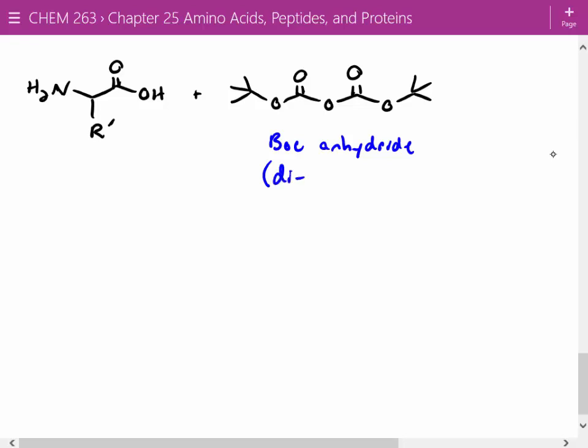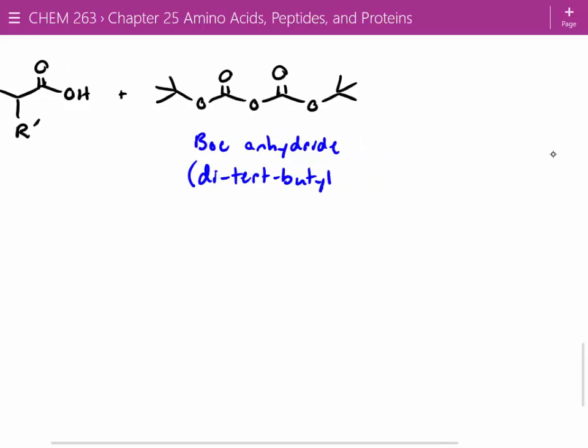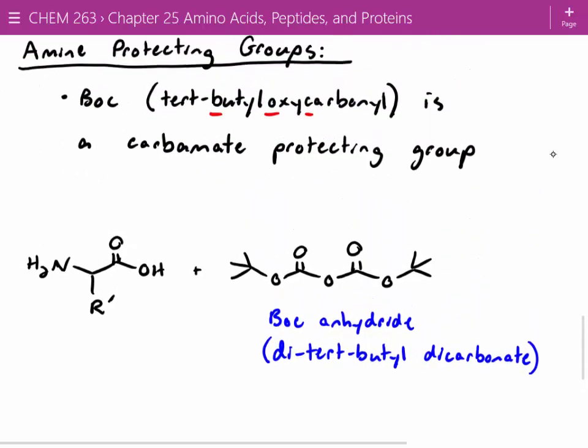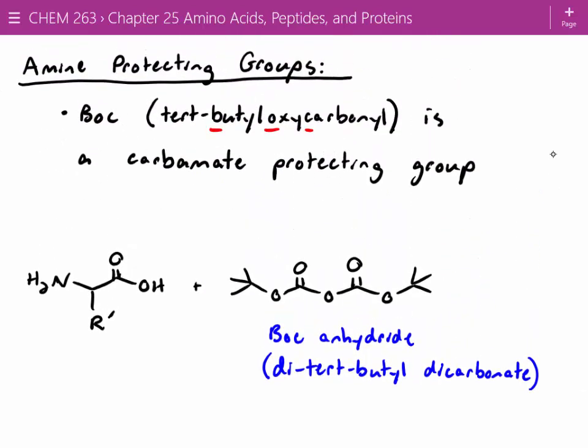Di-tert-butyl dicarbonate. All right, so the reactivity is pretty straightforward. If we've got an amine and an anhydride, the amine can go attack our anhydride and kick it off as a leaving group. And when we do this,